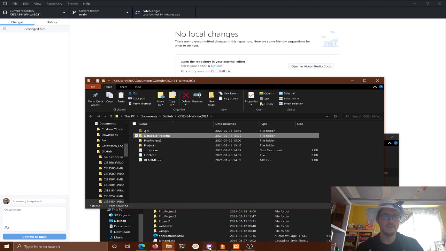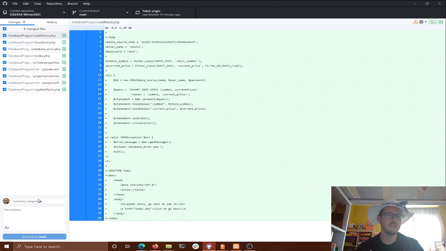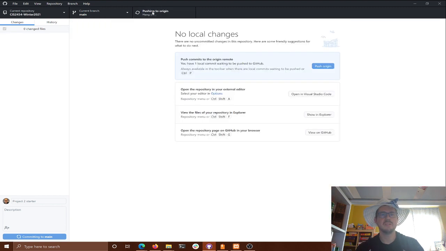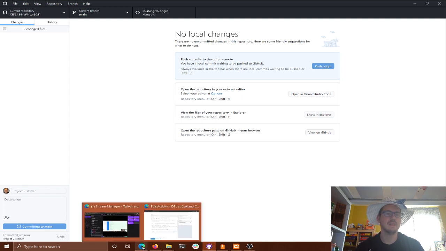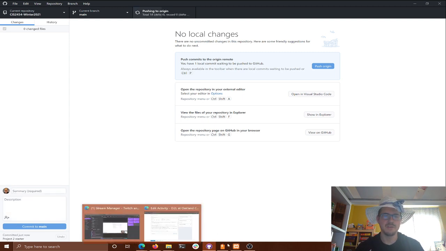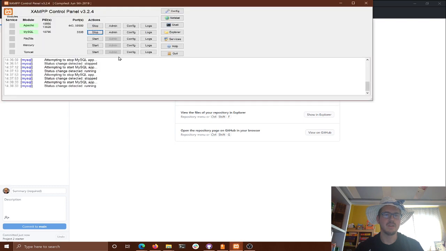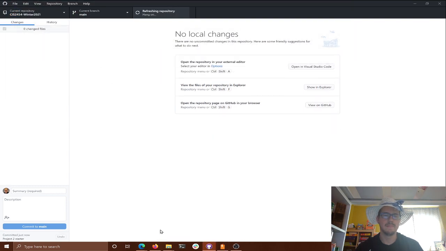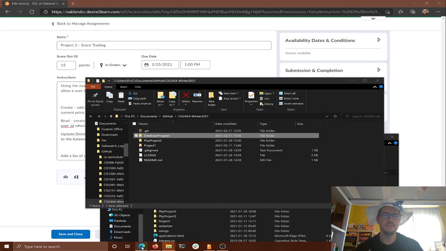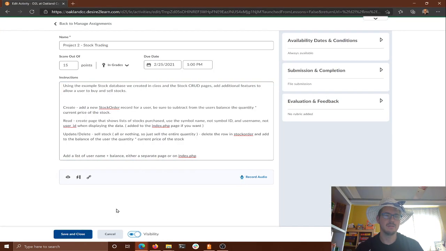So all the code is going to be out here in GitHub. I posted that link in D2L, Project 2 Starter. You're welcome to start with all of this. Do me a favor and drop a comment at the top saying you copied it from me, because that's how you cite your source, right? You leave a little comment in your files saying you got it from here. And we're going to just work on modifying it from there. So I can stop these things, go here, and close this. So the D2L link is out. Let me save that.